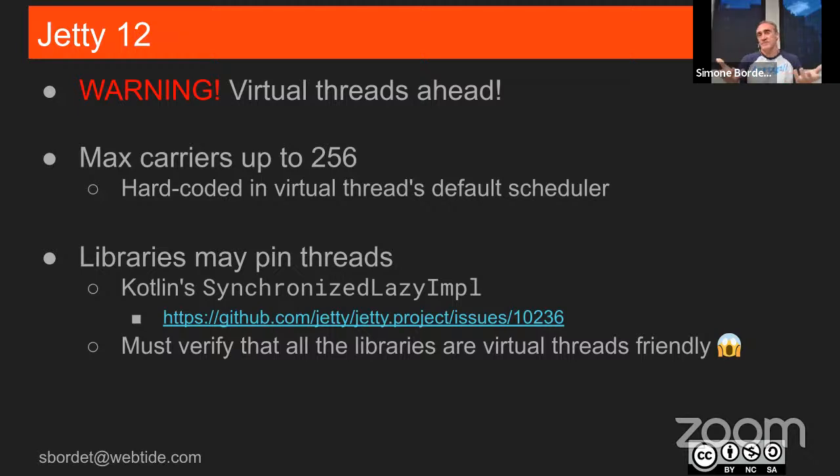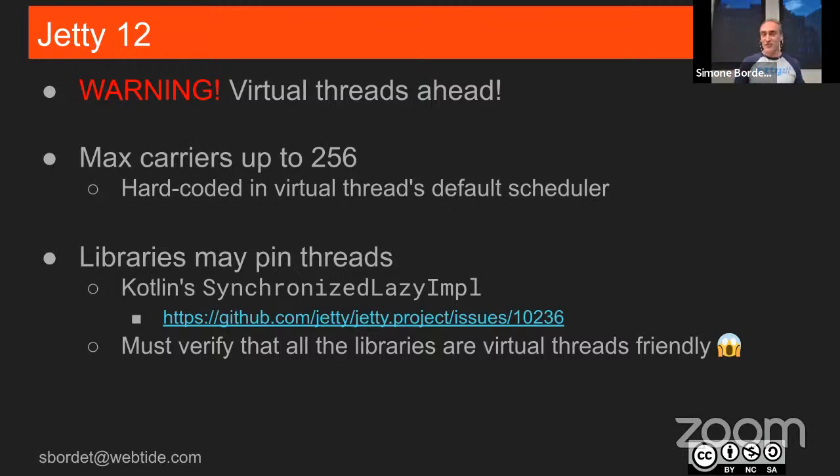Unfortunately, virtual threads have been sold as: you just create as many as you like. You want 1 million virtual threads? No problem, just create 1 million virtual threads. The problem is that if 256 of them pin the carrier and block, well, then you cannot create 1 million of them, because the other ones will be sitting in a queue and nobody will ever wake them up. So you've got to be careful of what you're doing. You need to know the system property. You need to know, what am I doing? Is there any possibility that this is happening at all?